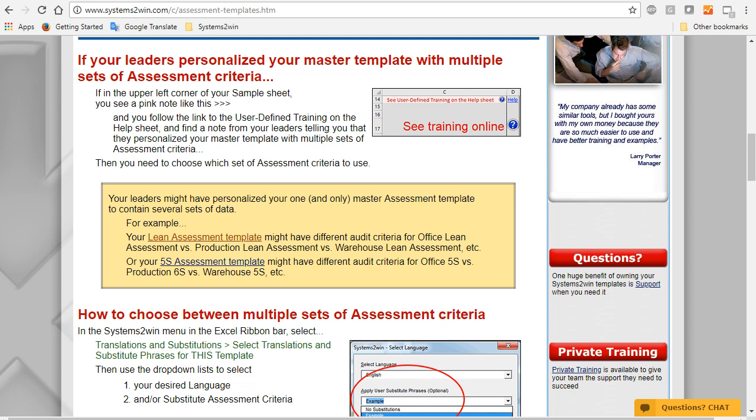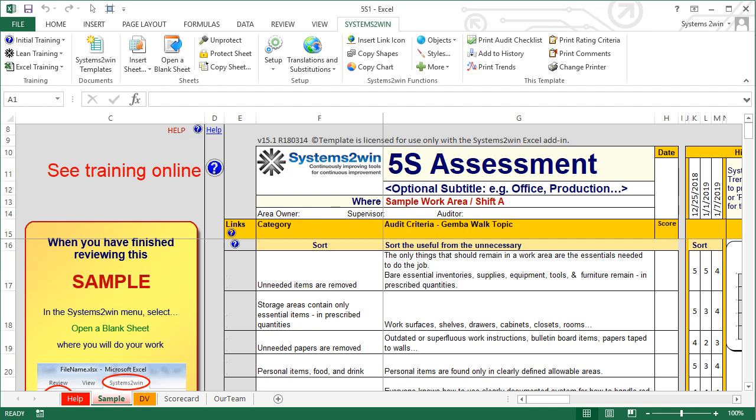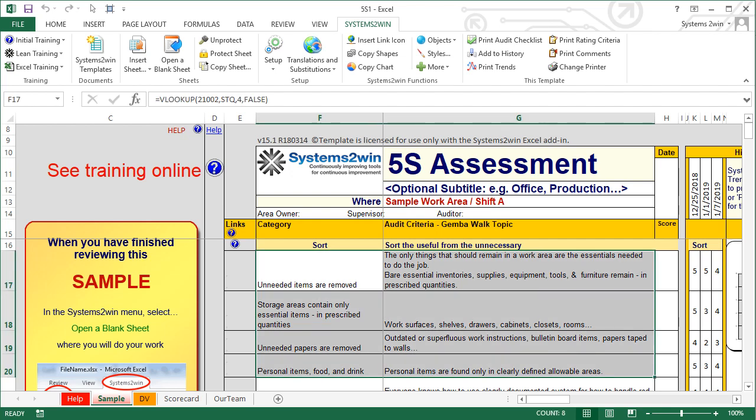But let's show you. Now, normally there's really nothing special for you as the user to do. You just follow the instructions for how to use a template that we're about to show you in the rest of this video. The only difference is that your leaders have already personalized your master template, so it has your assessment criteria instead of the default generic assessment criteria.